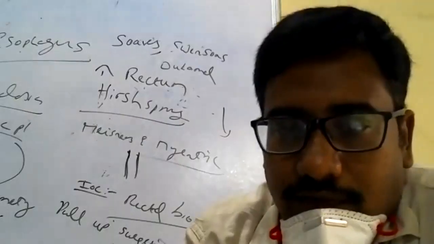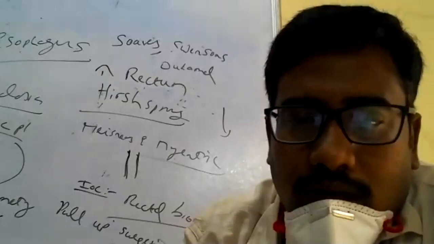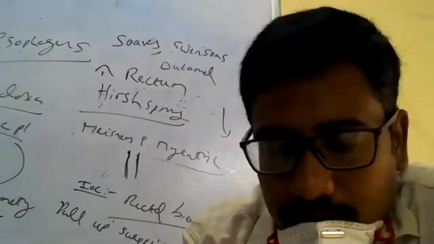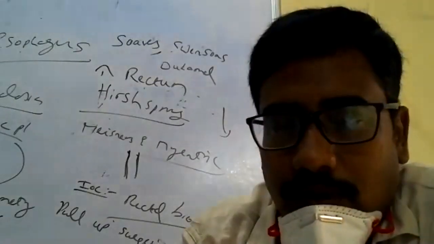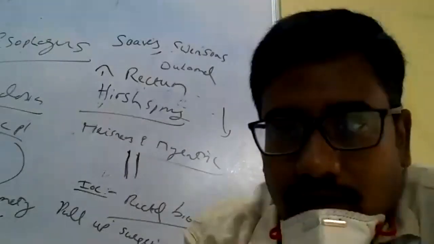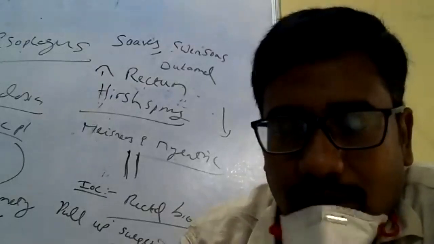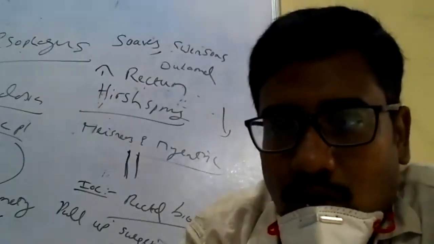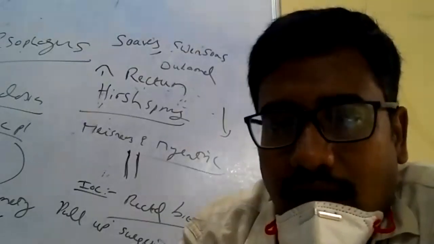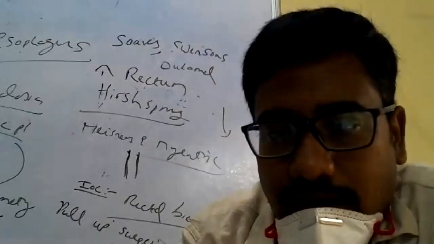GERD, gastroesophageal reflux disease. So I'll ask you one clinical question. One American is continuously taking 3 to 4 liters of Pepsi daily along with KFC chicken for nearly 3-4 years. Later he developed progressive dysphagia for solids and liquids. On upper GI endoscopy, there is a lesion at the lower 1/3 of the esophagus.